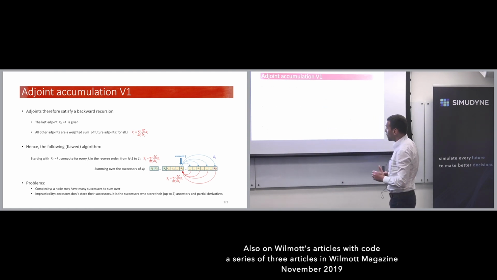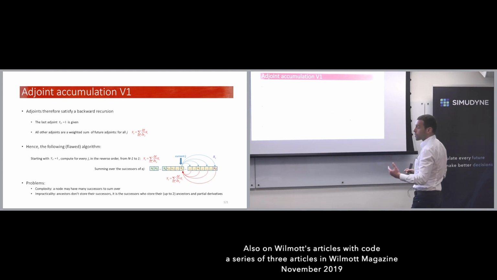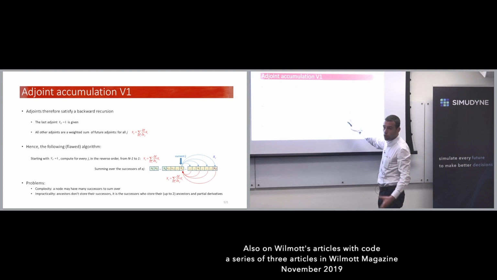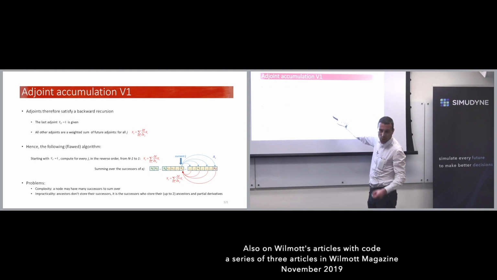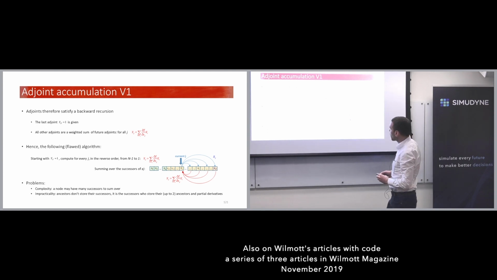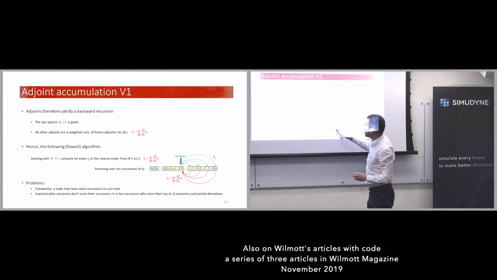But we have two problems. One is complexity. A node may have many successors to sum over. Right? What if this node has 1,000,000 successors? To accumulate its adjoints, I would need to do a weighted sum of 1,000,000 terms, right? That can cost me. And it's impractical because the ancestors don't store the indices of the derivatives of the operations. It's the successors that store it. So the derivative of this guy over this guy is stored here, not here, right? But this is very simple. We just have to calculate this number